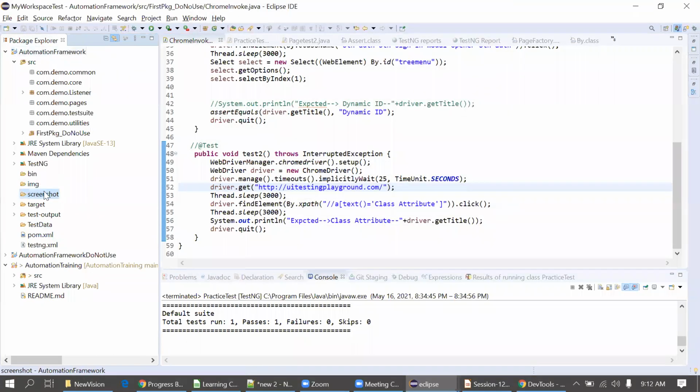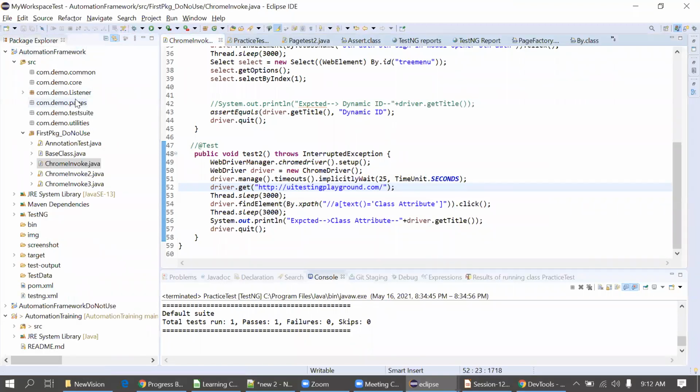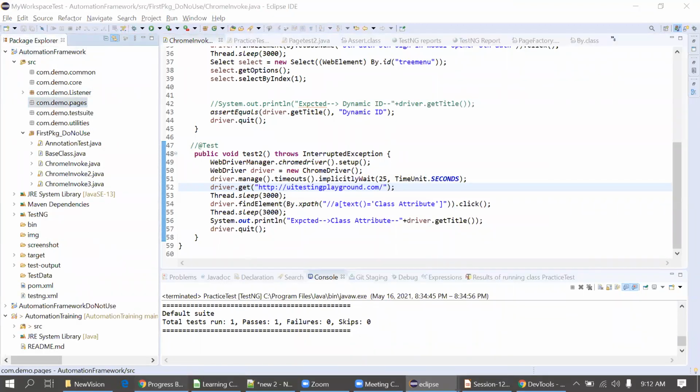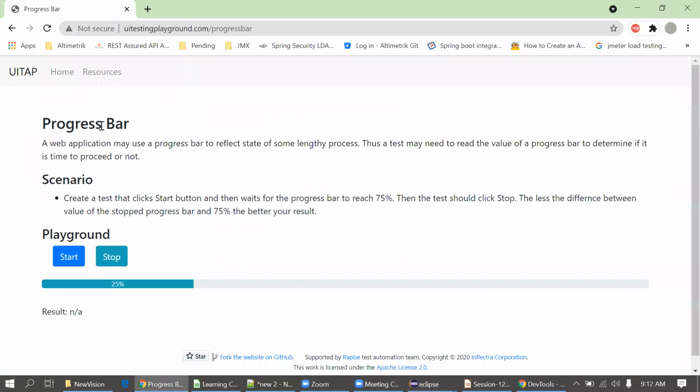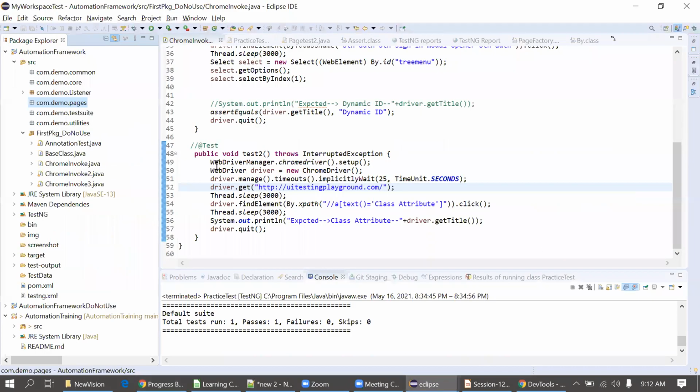Suppose I'm creating one class in this pages package, a progress bar page class. Suppose a new person comes and doesn't know which progress bar page this is, because there might be multiple progress bar pages with minor changes in the UI. So I will take a screenshot of the whole page, store it in this screenshot package, and attach it to that respective page.